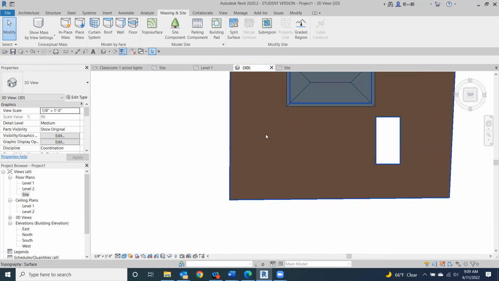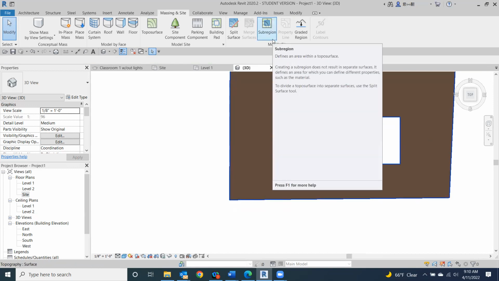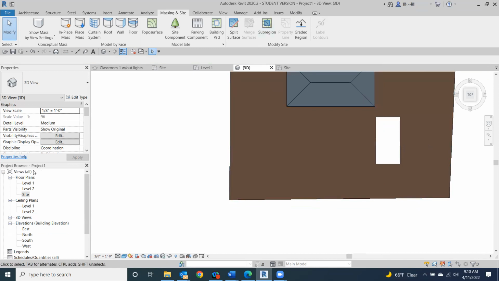So there's times that you'll want to use split surface, which is to pretty much create a void in your property. But if you're adding grass or any type of landscaping, or if you're creating a pool or some kind of thing like that in here, it's better to use subregion. If you're creating sidewalks and stuff, driveways, I always prefer to use subregion as well, just because if you